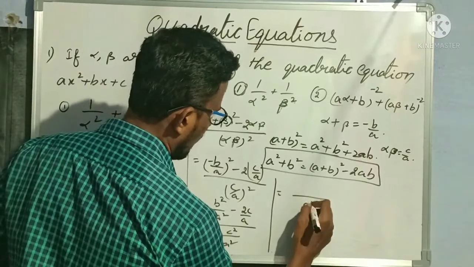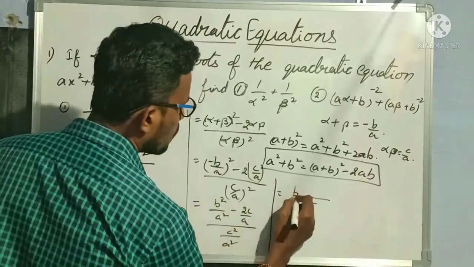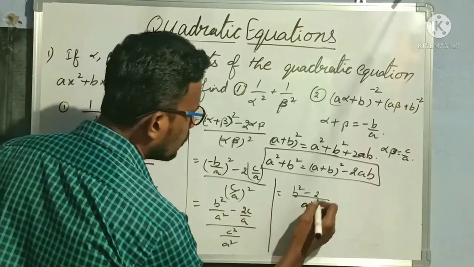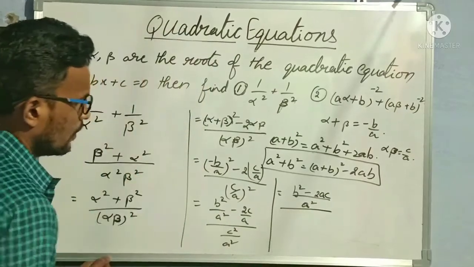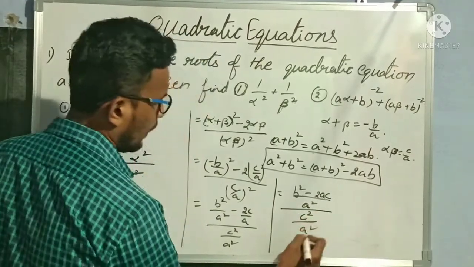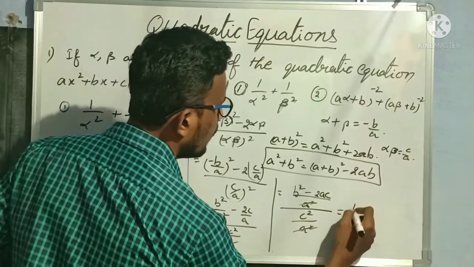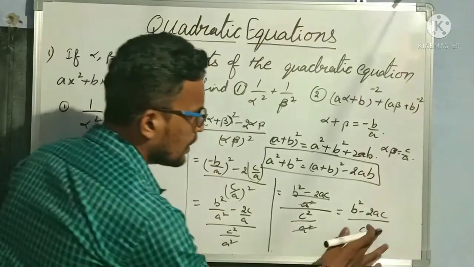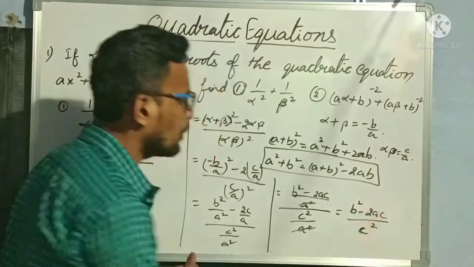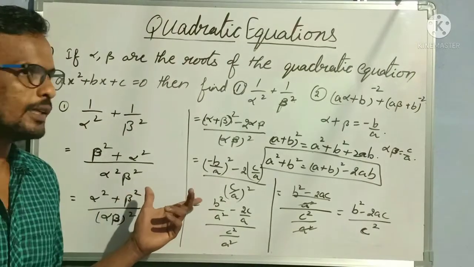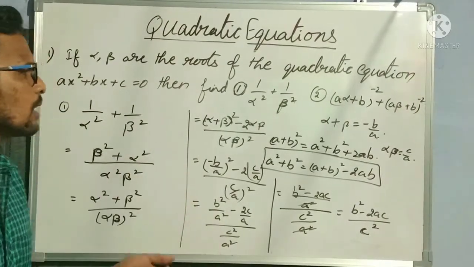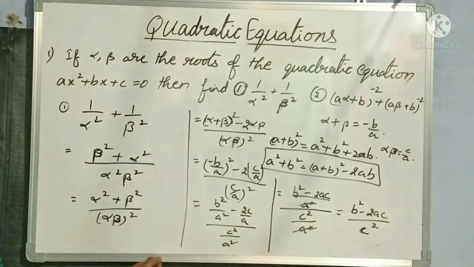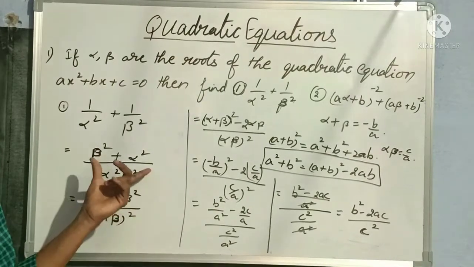Okay, so first let us take the LCM for the denominator here. So that is equal to, here a square is the LCM, so b square as it is, minus 2, already only one a is there, so one more a should multiply here, so 2ac, by again c square by a square. So this a square gets cancelled. Our answer is (b square minus 2ac) by c square, right? This is our first bit in our first problem. I hope everybody understood, right? Only one formula I am using here, that is a square plus b square is equal to (a plus b) whole square minus 2ab. Understood? So this is our first bit.